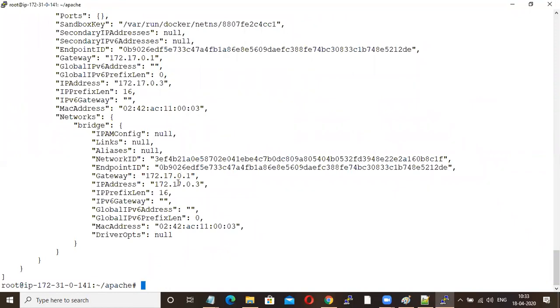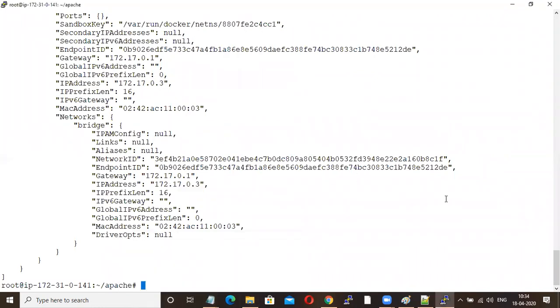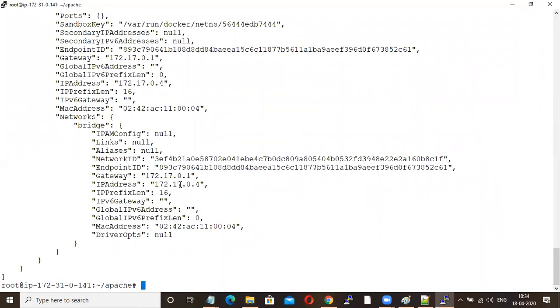The IP address is this one, 172.17.0.3. Just remember this. And same for my second container, 172.17.0.4.